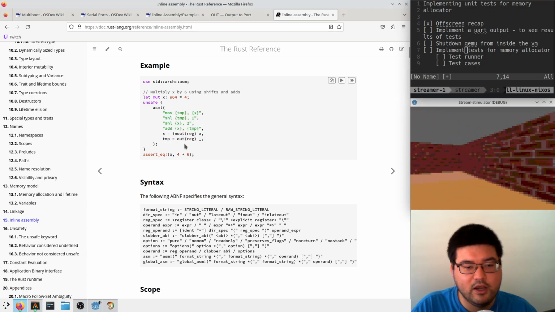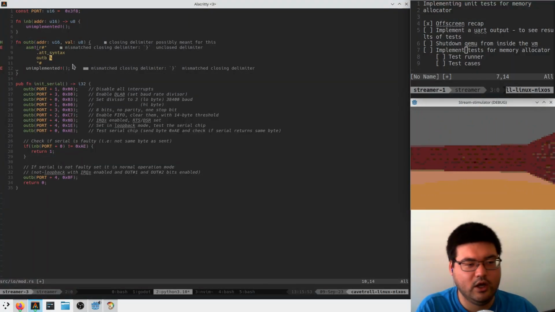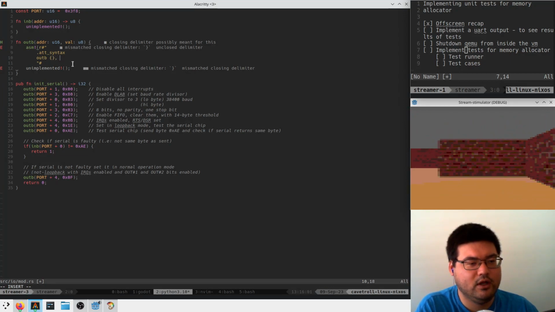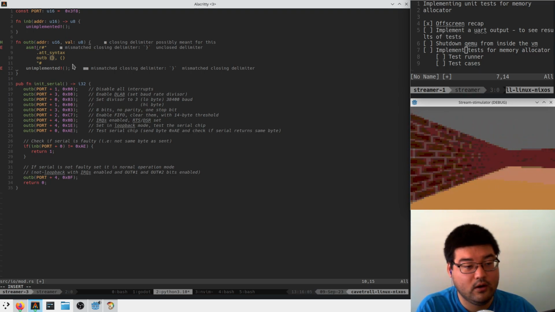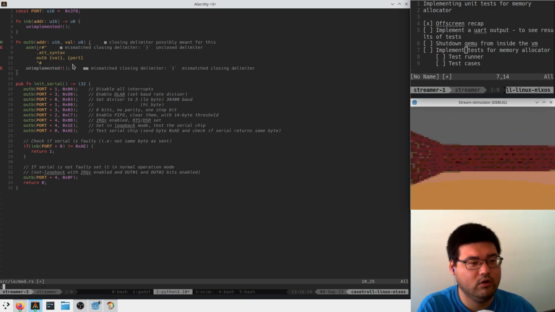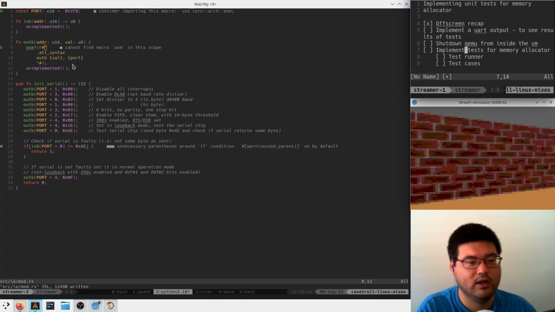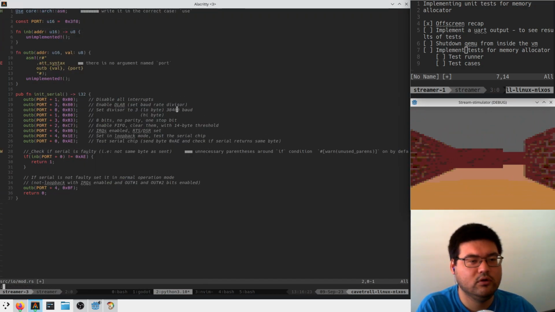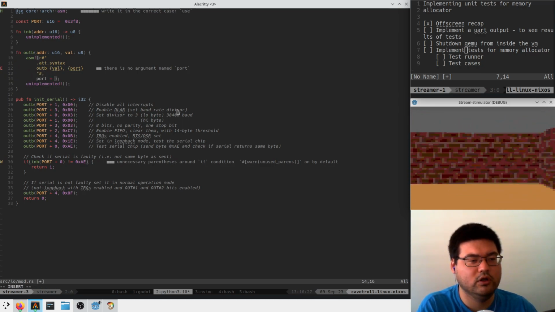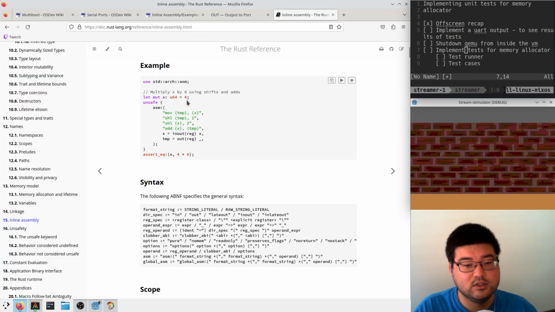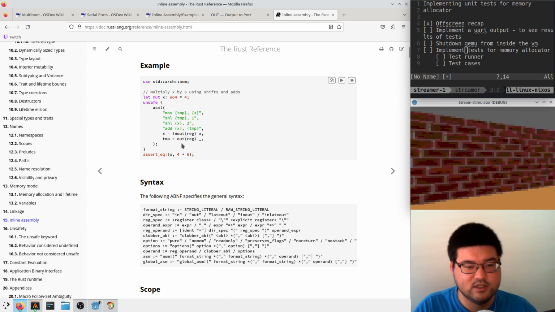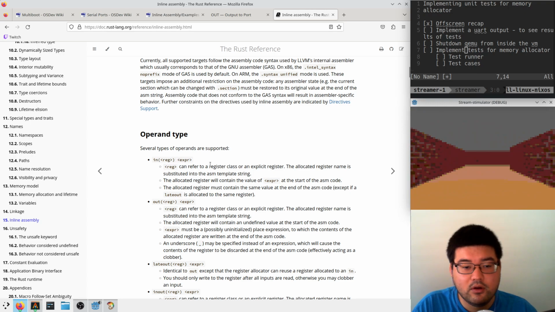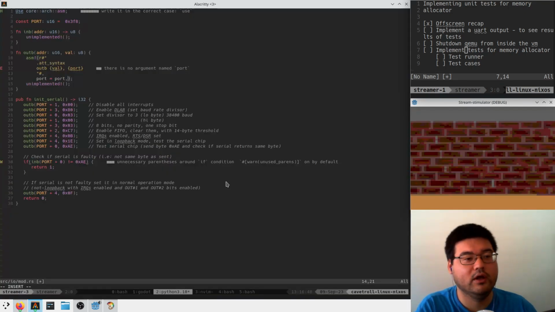Okay, so I can put in named variables. So let's just do outb. This goes out in ATT syntax. So this is probably val. This is probably port. Cannot find macro asm in the scope, so this is probably use core arch asm. No argument port, so now I just do port equals port. And what is this trailing thing here? I just set if this is a register, and I probably want to specify a specific register. So in reg expr, the allocated register will contain the value of expr. Right, okay, so I say port equals